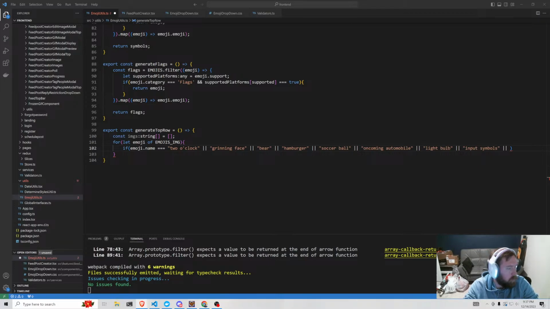So there is one just called triangular flag. So that's what we're gonna try. Triangular flag. I gotta spell it right. I think I spelled it right. So if it's one of those, we're gonna go ahead and push, and we're gonna say